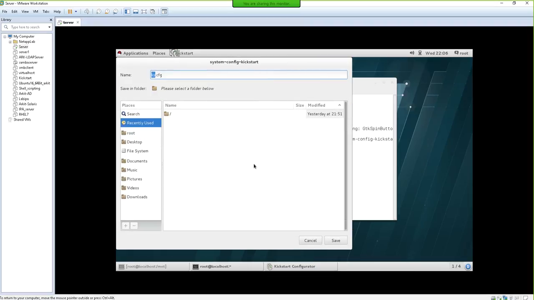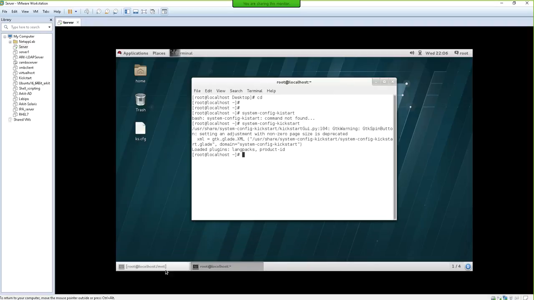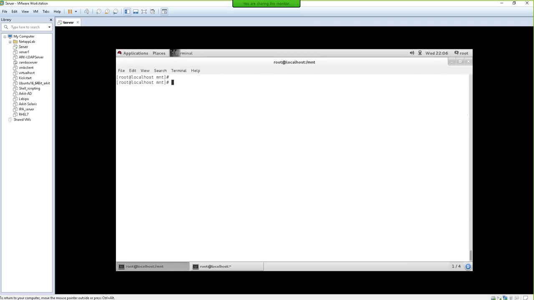the file. Okay, where you want to save the file. So as of now I want to save on the desktop. Okay, ks.cfg file, save. Okay, done. Close the configuration here, and let's see our packages also copied. Okay, now let's go to the